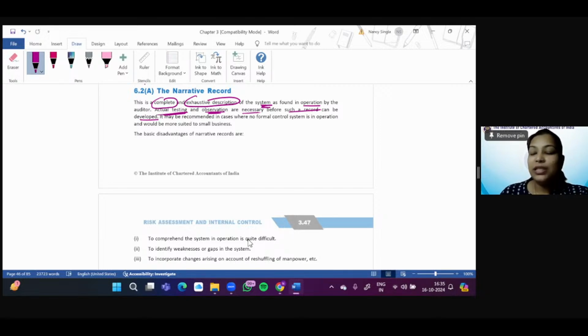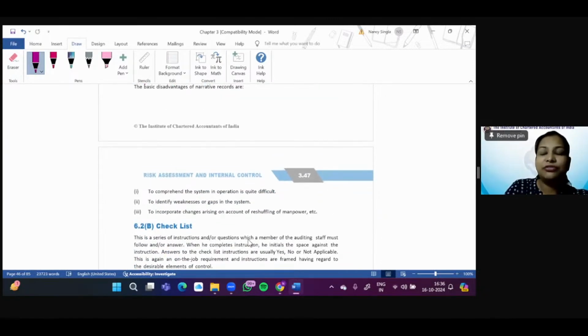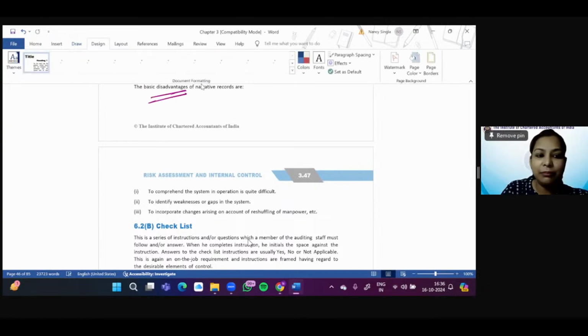See, students, this is not practically possible where there is a huge internal control system in the case of very big organizations, to write about each and every internal control. So this is recommended in case where no formal control system is in operation and would be more suited to small businesses. So where a little internal control system is there, in case of small businesses, there it is recommended. Why? Because there are certain disadvantages of narrative record. See what can be the